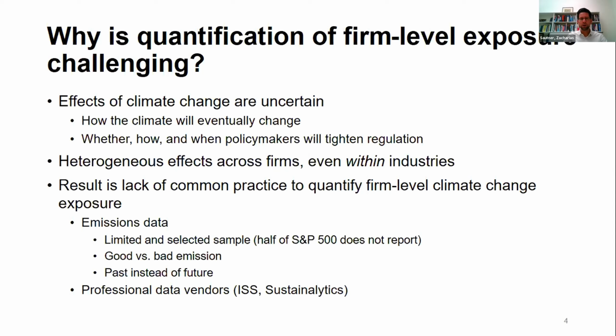And I have a new paper on this. It actually turns out that a lot of this data is rewritten ex post. So we show this for Asset4, that Asset4 data is rewritten ex post, which means that if you think about investment strategies and you use the current rewritten data, you may find outperformance that investors would never have been able to generate ex ante with information available at that point in time when they made the investments. So there are limitations related to existing measures.